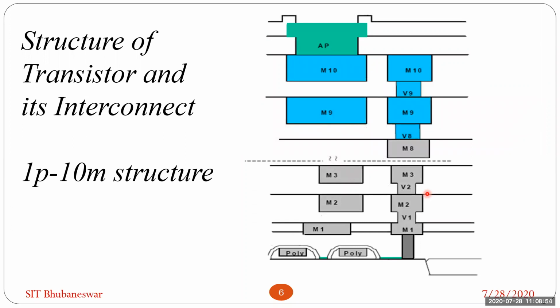Already you have seen the transistor. Now you will see the interconnects. I said that via. The via part I said in that previous picture was not shown. So here you can see the via. See, the bottom part is the transistor, already I have discussed. Then how it is connected to upper layers.